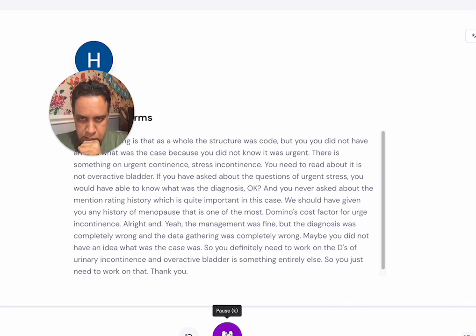Okay, so the thing is that as a whole the structure was good, but you did not have an idea what the case was because you did not know it was urgent. There is something known as urgent incontinence, stress incontinence. You need to read about it. It is not overactive bladder. If you had asked about urgent and stress symptoms, you would have been able to know what the